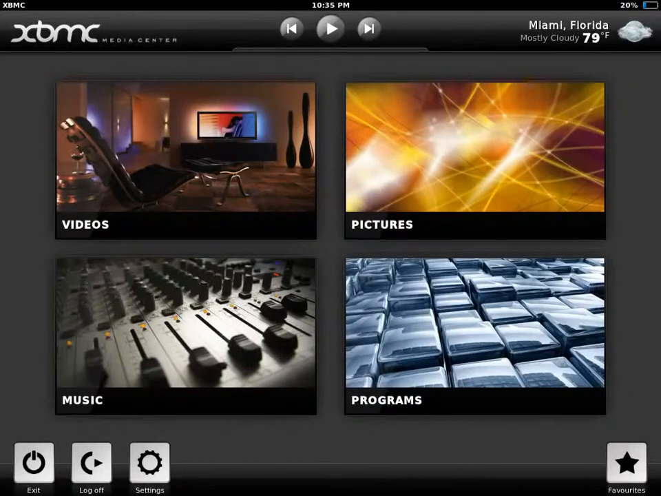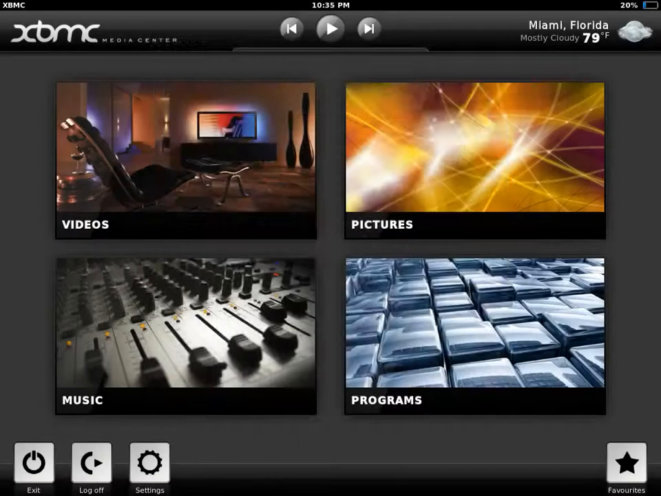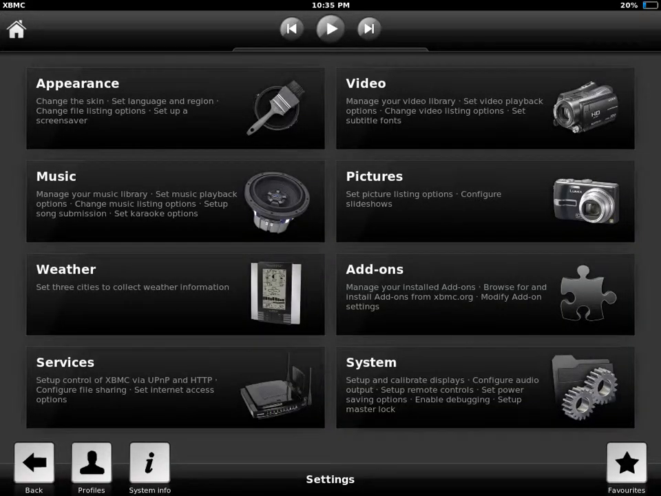This is what your skin looks like from the beginning. You have your 4 options, and then you have pretty much your favorites right here, which you can add things like NaviX and whatever else you want to add there, which doesn't really help much because you still have to click things twice. So what we're going to do is click on Settings, Appearance,